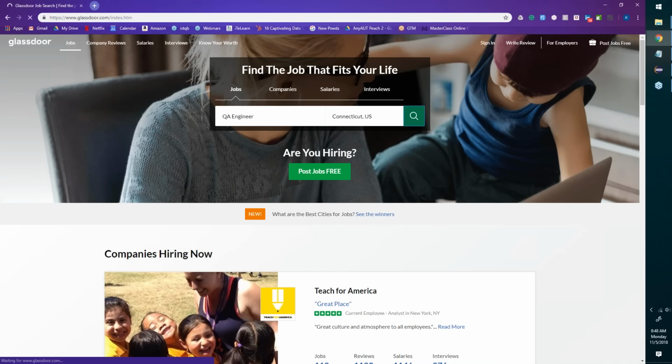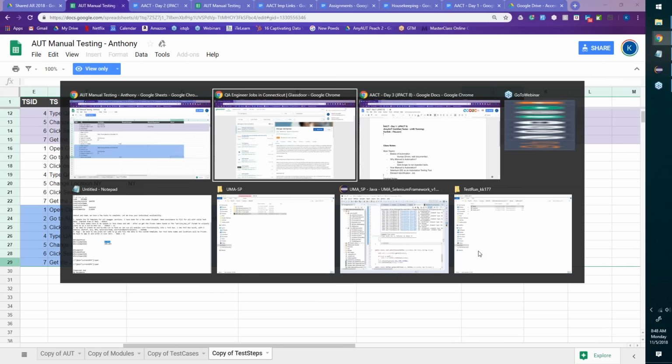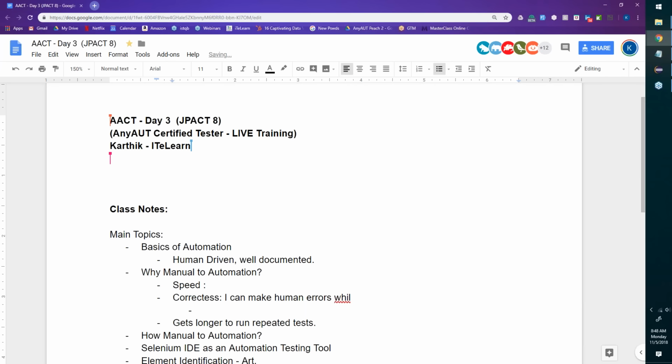Now, each time I have to take steps manually, okay? And there is an issue with correctness. I can make human errors. And team, remember all of these, because unless you know the real pain of why we're getting into automation, everything will not fall into place.